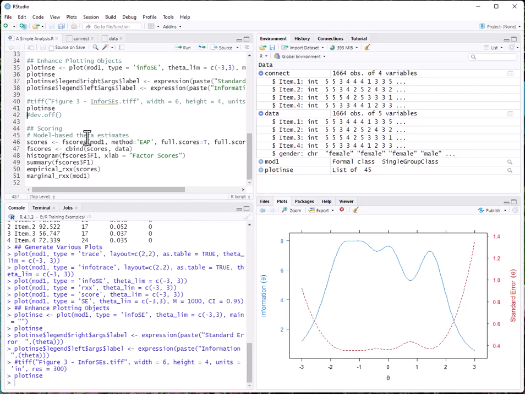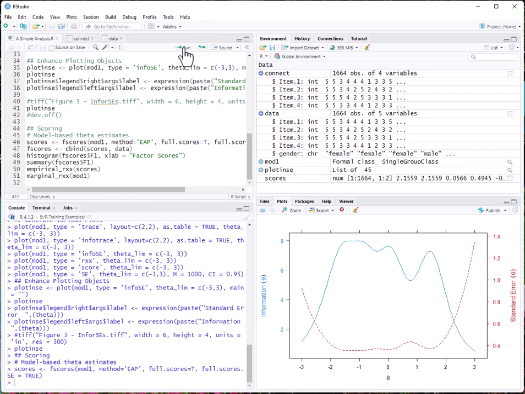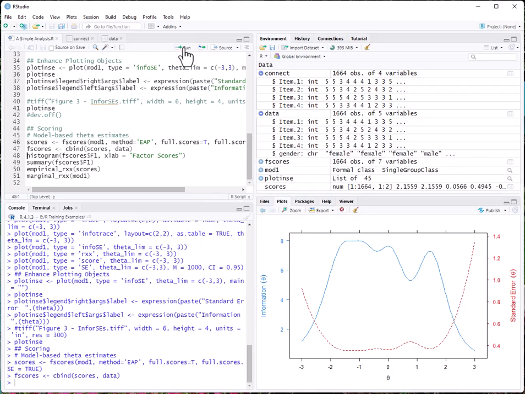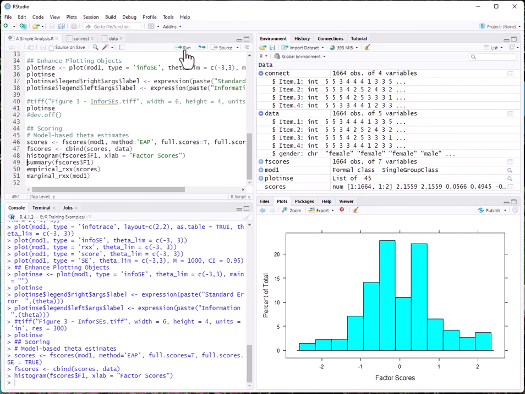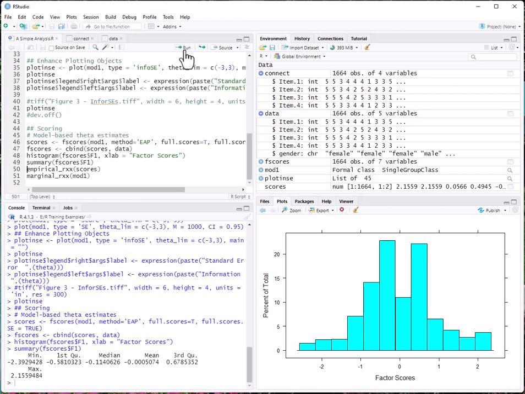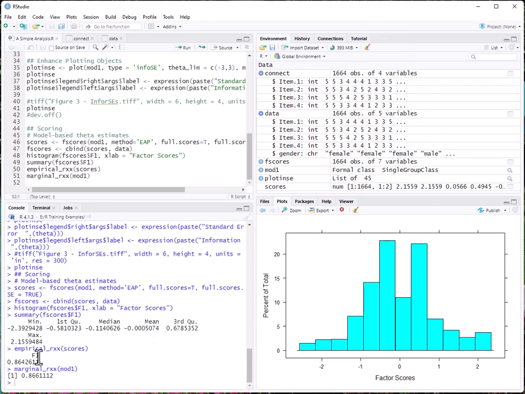So then some other things that we can do is maybe use, so we're going to create some scores. I'm just showing you, so we want to create an object called scores. So we do that, and then we can bind that to the data, and then take a look at a histogram and a summary of scores. And then we can get something called empirical and marginal reliability, which are here and here. And you can see they show up down here. So